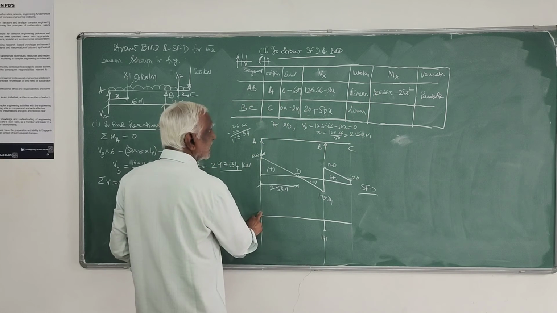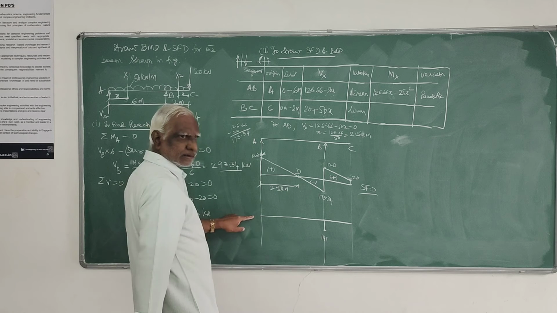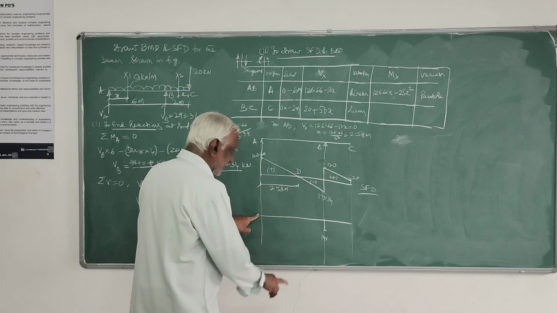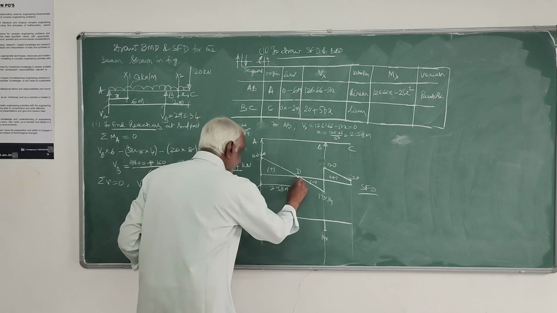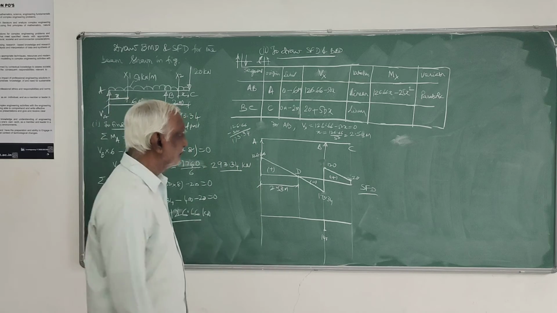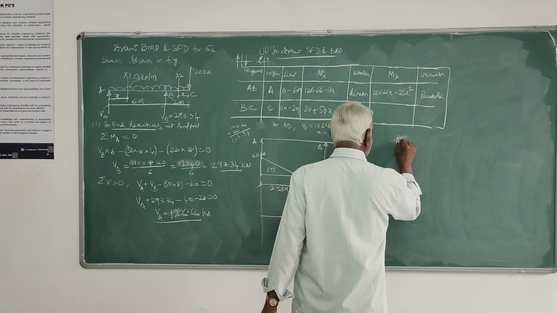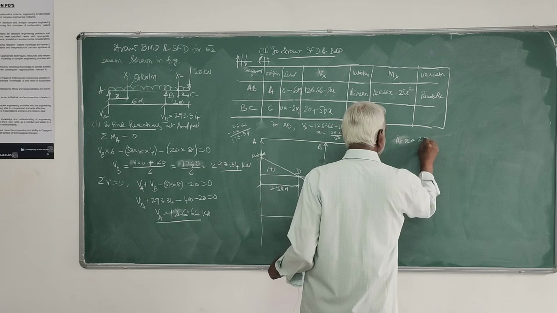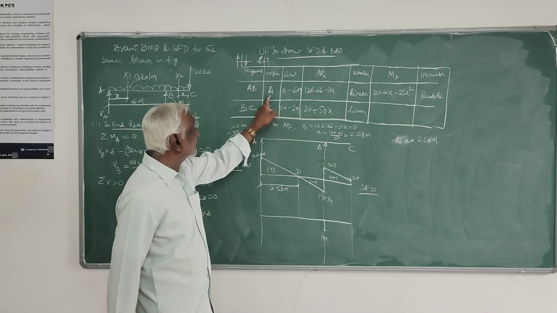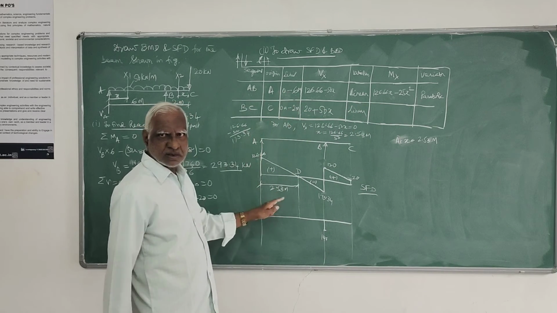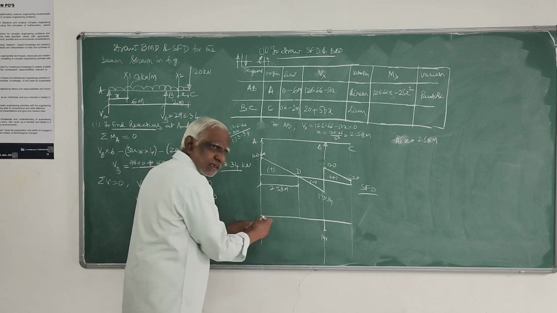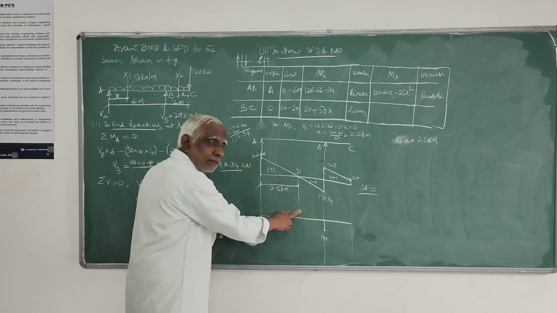When x equals 0, it is 0. When x equals 6 meters, it is this. Keep x equal to 2.5. And here, it has to be maximum. That we will determine. At x equals 2.53 meters, because it comes in the same range, at x equals 2.53 it is maximum. Here it is minus, here it is 0, here it is maximum.